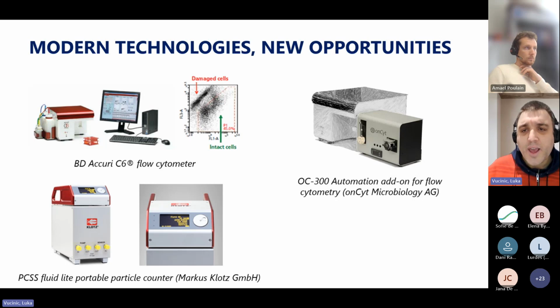But what was not available at the time when I conducted my tracer tests with yeast, that I'm going to talk about a little bit later on, was the addition on the right side, which is an automation add-on for flow cytometry. In this case, it's specifically built for this type of flow cytometer, and it is built by a company from Switzerland. It's a spin-off company from IMWA, and they also have their own fully automatized flow cytometer that has everything inside. So what is the difference? Why do we need this automation? Well, in order to analyze